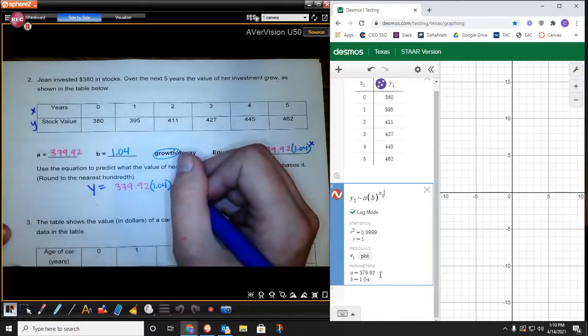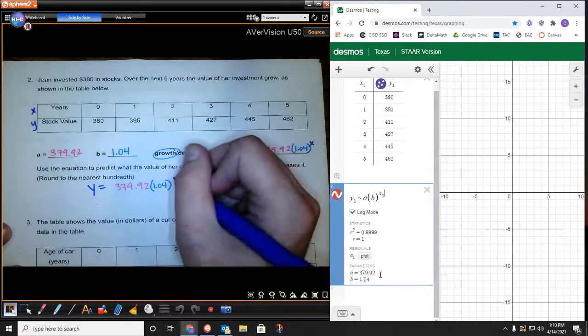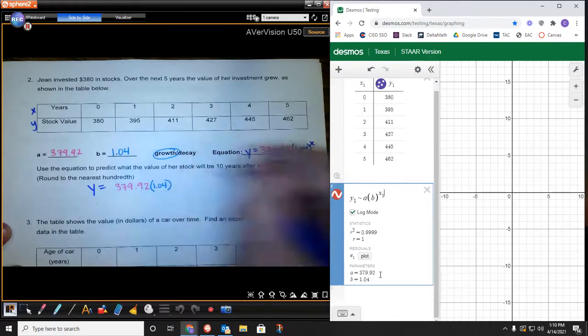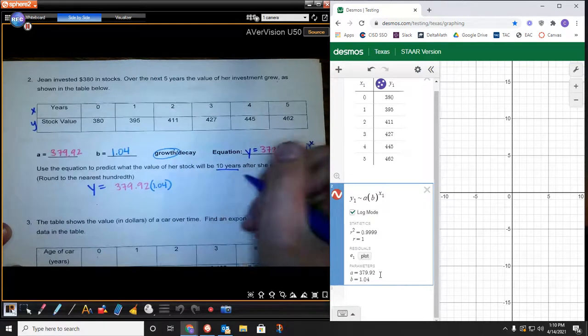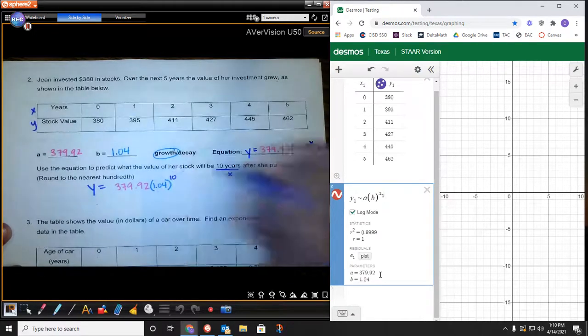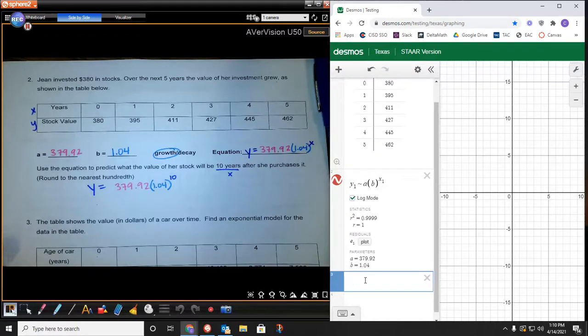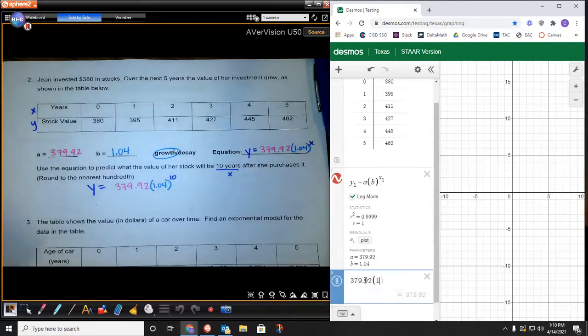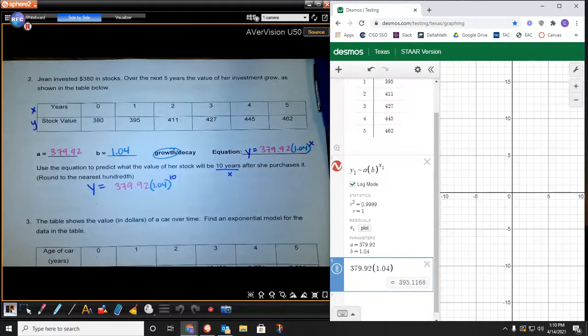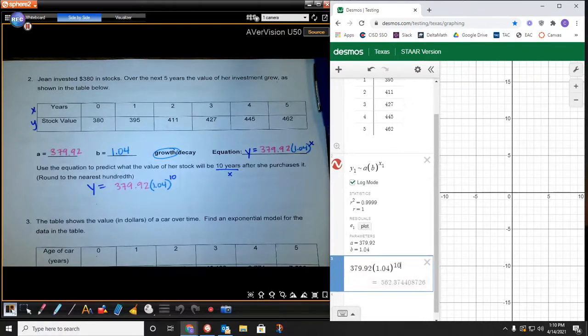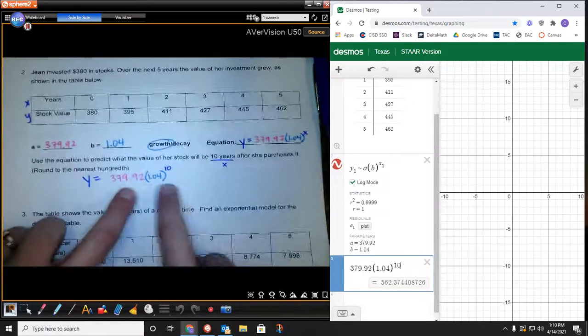And this would be to the, let me see here, instead of x it's 10 years, so that becomes our x value. So it's to the 10th power. So what we can do is we can go down here, and we can type this in, and we can say, okay, y is equal to 379.92, parentheses 1.04, close that parentheses, and we are going to raise it to the 10th power,